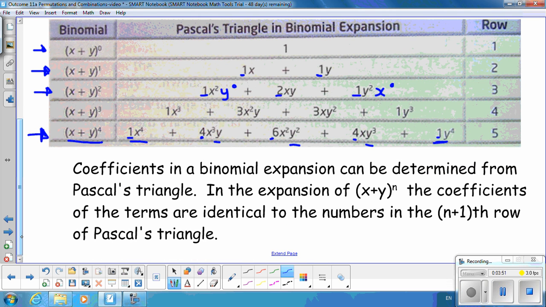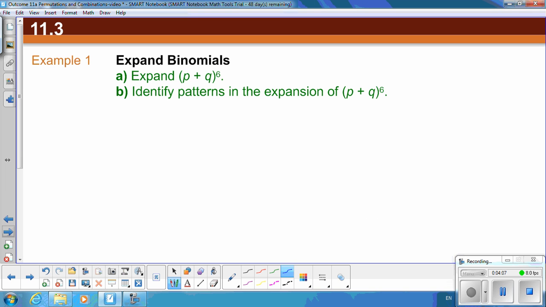Coefficients in a binomial expansion can be determined from Pascal's triangle. So in the expansion of (x + y) to the n, the coefficients of the terms are identical to the numbers in the n plus 1 row of Pascal's triangle. So expand (p + q) to the power of 6 and identify the patterns. So the first thing we need to do is to actually find the numbers in the seventh row of Pascal's